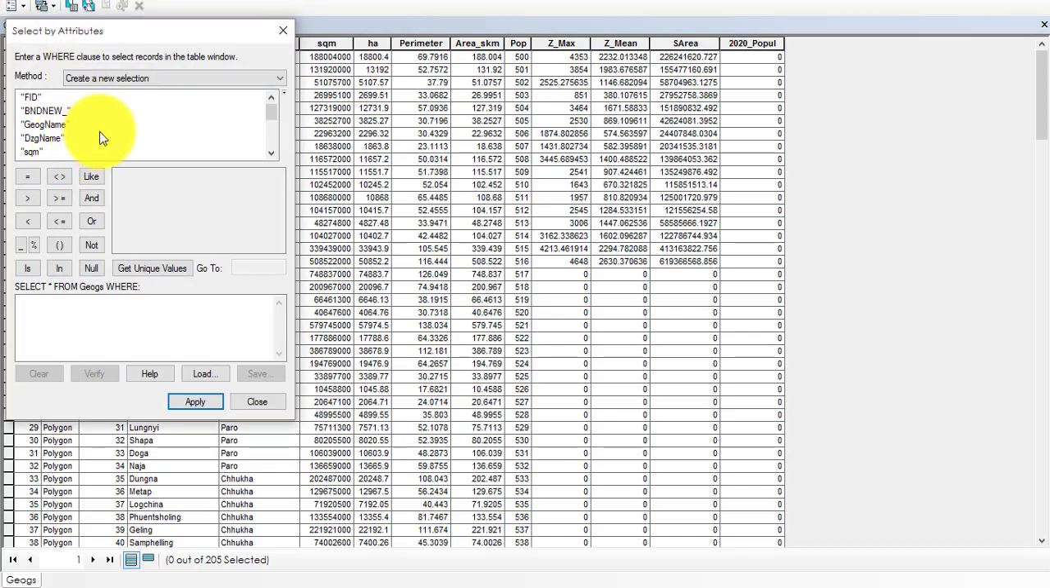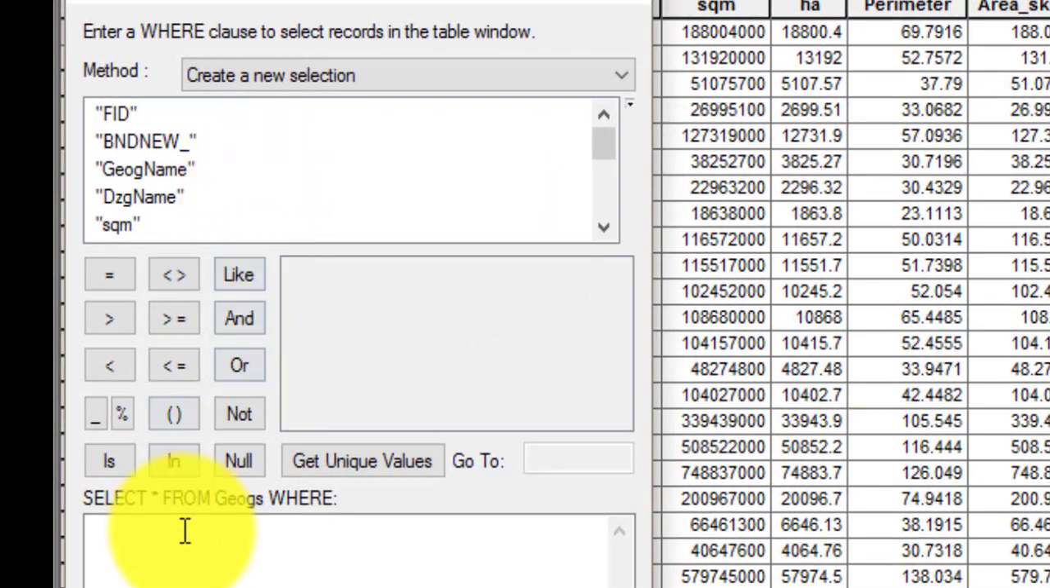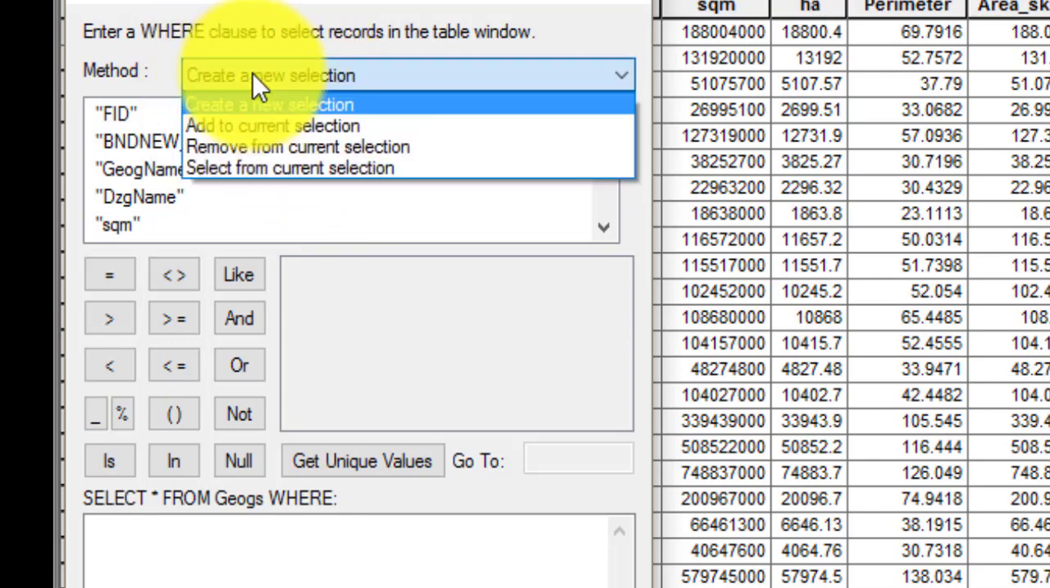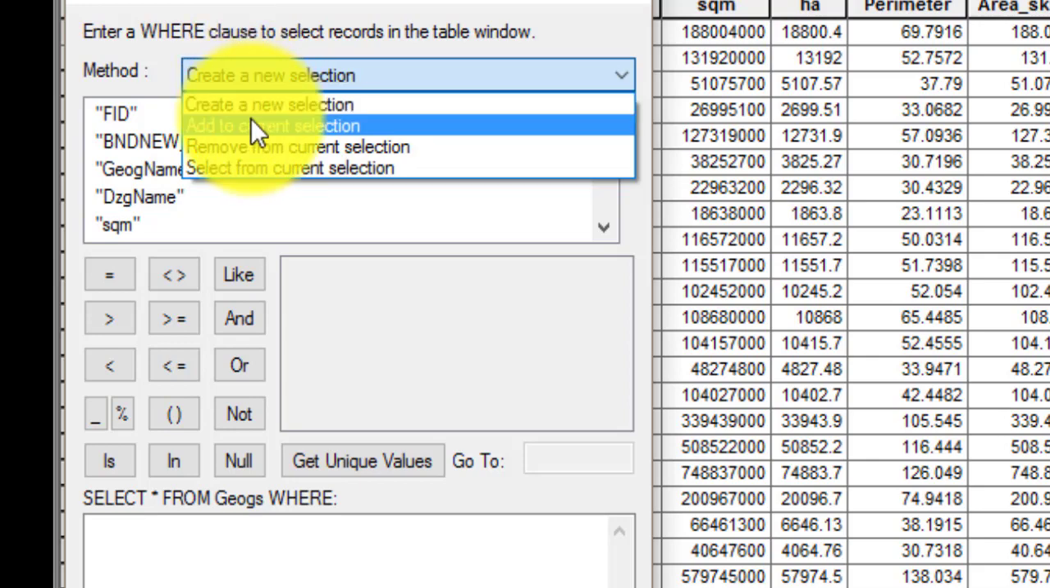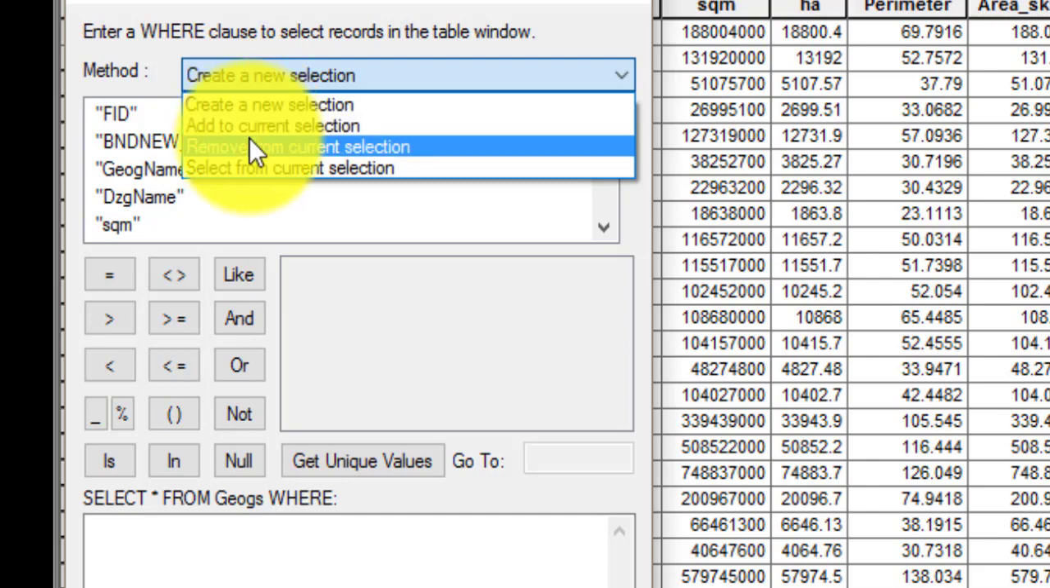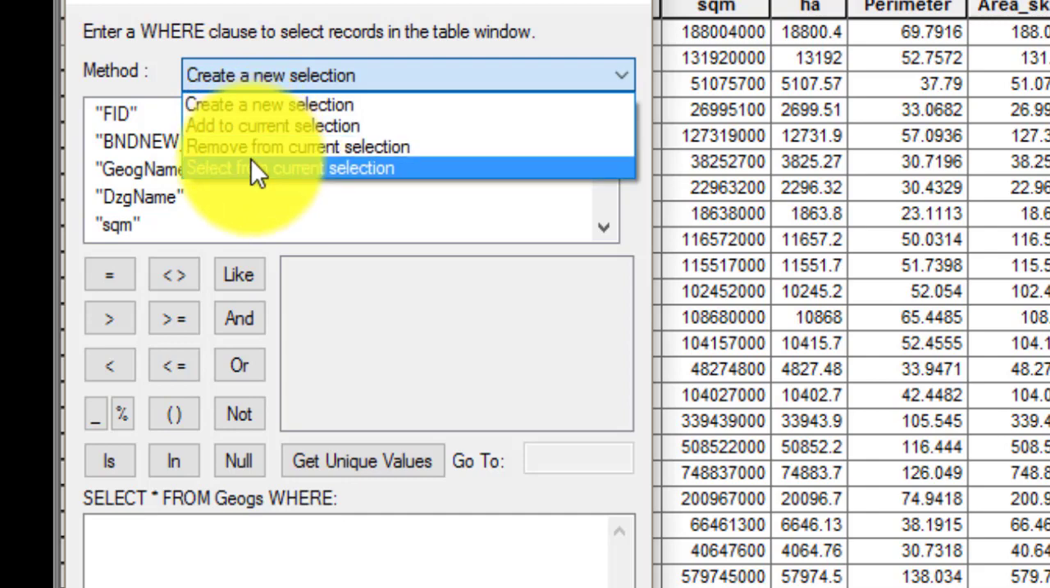This is a dialog box which comes out when you click select by attributes. The first thing that is there is the method, which is the method that you are going to select. Create a new selection. Would you like to create a new selection? Would you like to add to current selection? For example, if we have already selected with our own query, then would you like to add to the already selected portion,